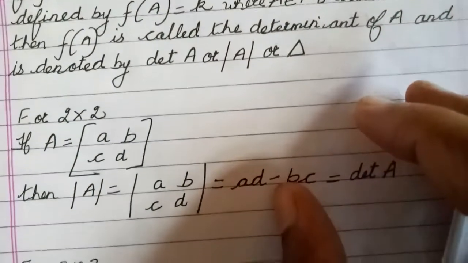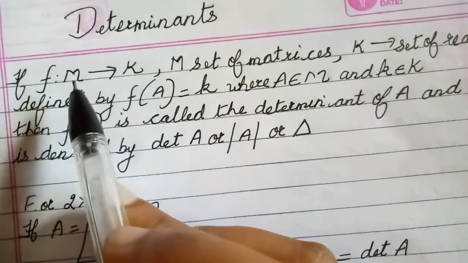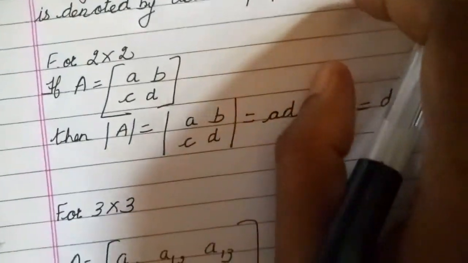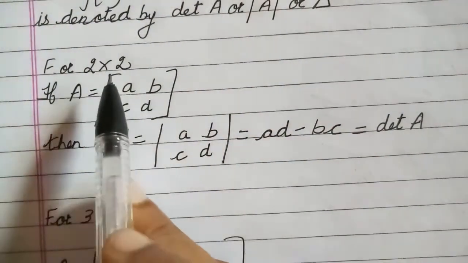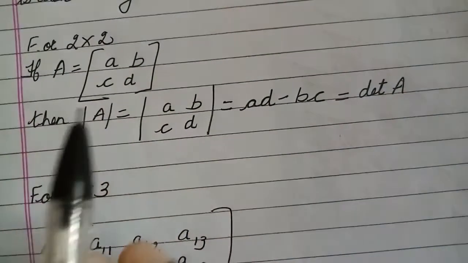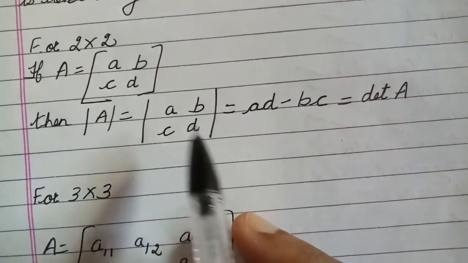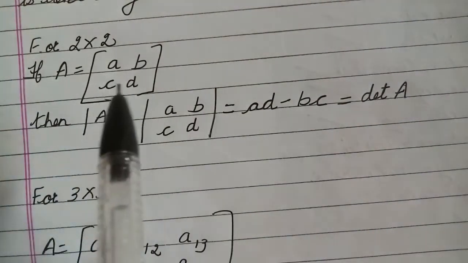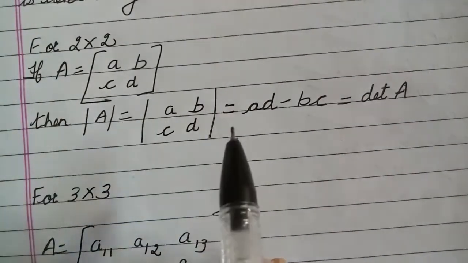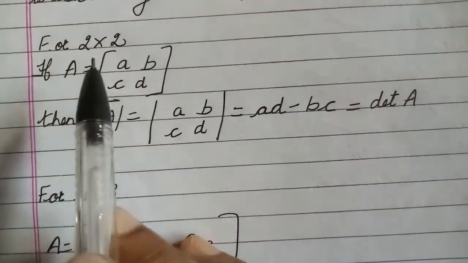Alright, let us understand. Let's take a 2 cross 2 matrix. You know that the definition is from matrices to a real number, so let us understand how we define it for different matrices. If you look at this matrix, children, you have a 2 cross 2 matrix, A equal to a, b, c, d are the entries. Then the determinant of A is defined as, you put the absolute value sign. Then the value of the determinant is you multiply a into d minus b into c. That will be your value for the determinant of A for a 2 cross 2 matrix.